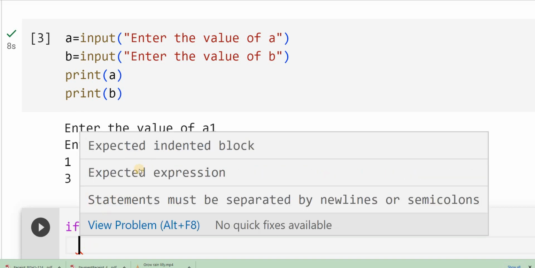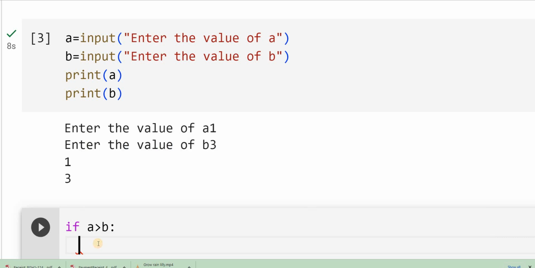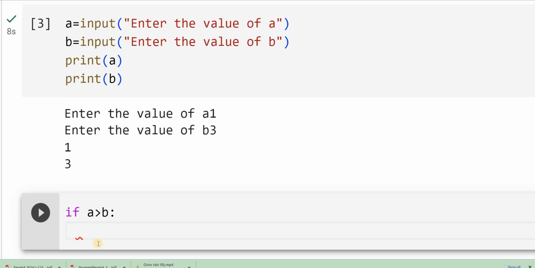In some programming languages like C, we write curly braces to indicate that all these statements have to be executed if this condition is satisfied. If this condition is satisfied, then whatever statement I'm entering now will get executed. I'll say print